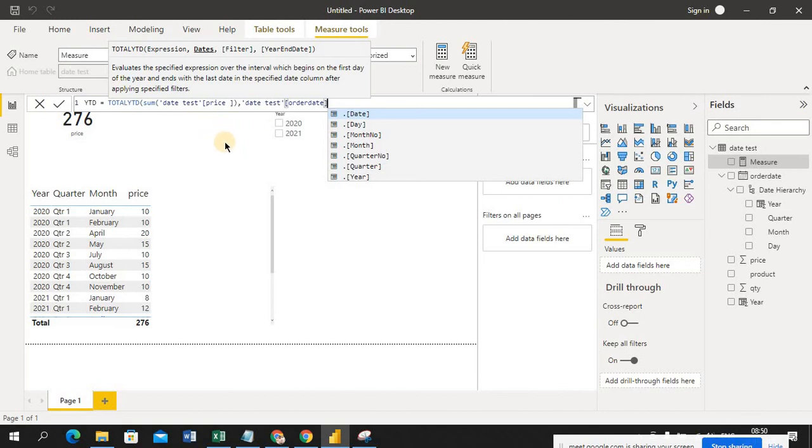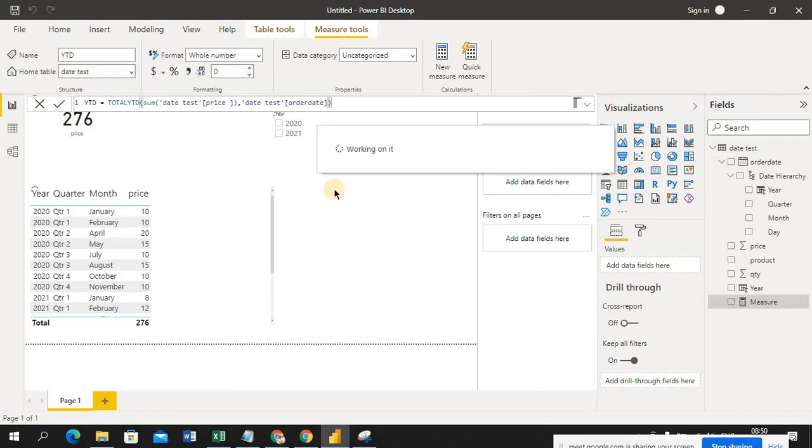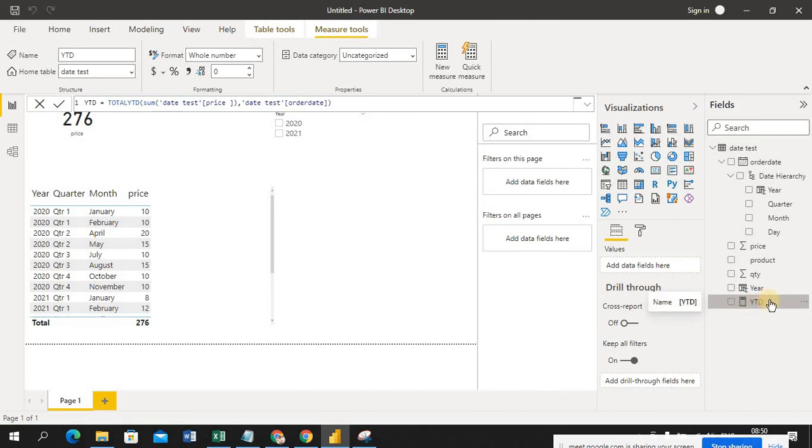Now the date is also done. Now I'm going to close it, and just enter. Now my YTD expression is created, the DAX is created. If there are any mistakes, guys, I am deliberately giving one more bracket here.